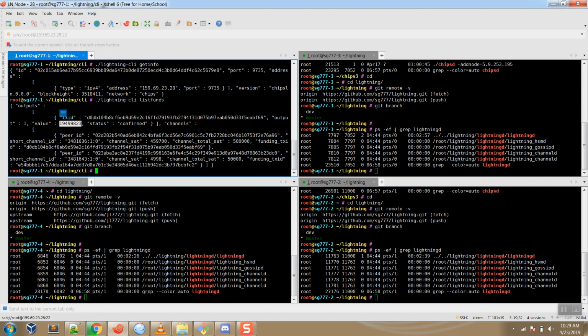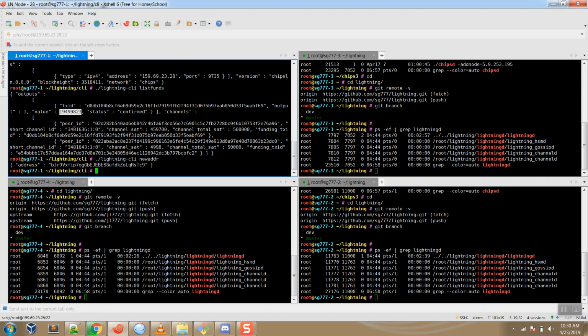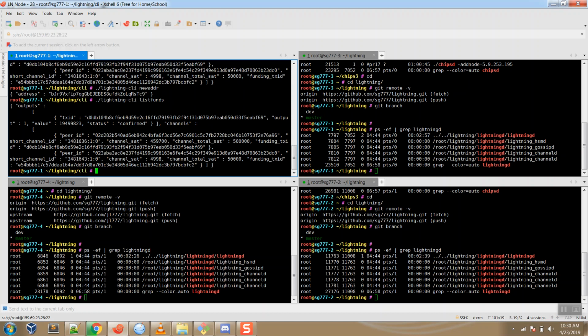If you freshly install the lightning node and do list funds, you will see all these fields are empty. When these fields are empty, you have to generate a new address, that is a chips address. If you do new address, this is the pay to script hash chips address. Once you get this address, using any wallet or any means, you get some chips to this address. Once you do that and then do list funds, you can see